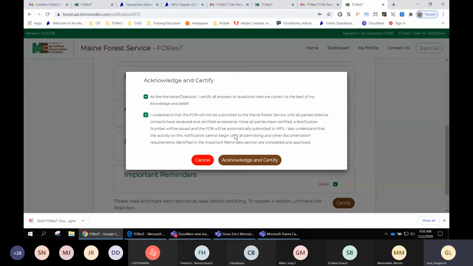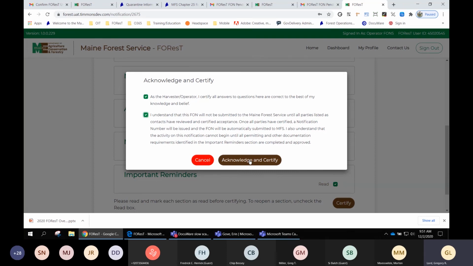At this point, the designated agent still has the opportunity to withdraw the notification and edit it as they see fit. Once, as the last party to certify their participation, I click acknowledge and certify here, that notification is no longer